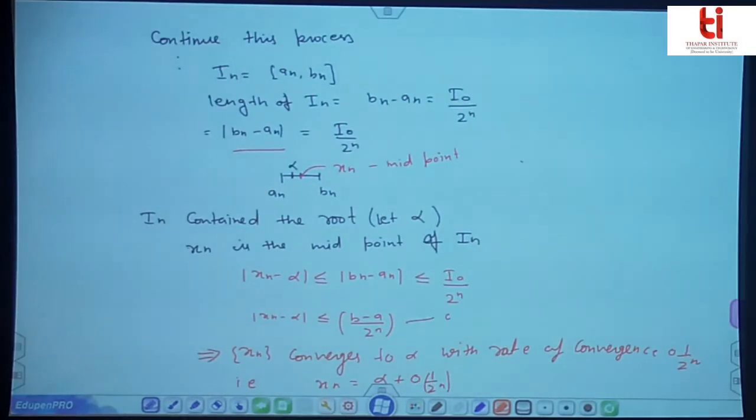This An and Bn is a very small interval, containing the root. Then the length of the interval is I naught upon 2 raised to power n. And xn minus alpha is what? Alpha is the exact root, and xn is the midpoint. Then the difference xn minus alpha will definitely be less than or equal to the length of the interval An Bn, which is I naught upon 2 raised to power n. So we can write xn minus alpha is less than or equal to (b minus a) upon 2 raised to power n. This is the upper bound